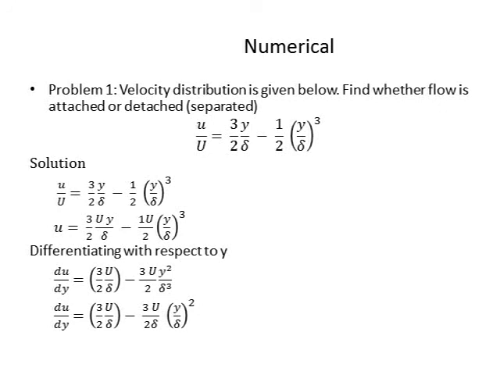Differentiating with respect to y, you will get du/dy = 3/2 (U/δ) − 3U/2 (y²/δ³). Therefore, this implies that du/dy = 3/2 (U/δ) − 3U